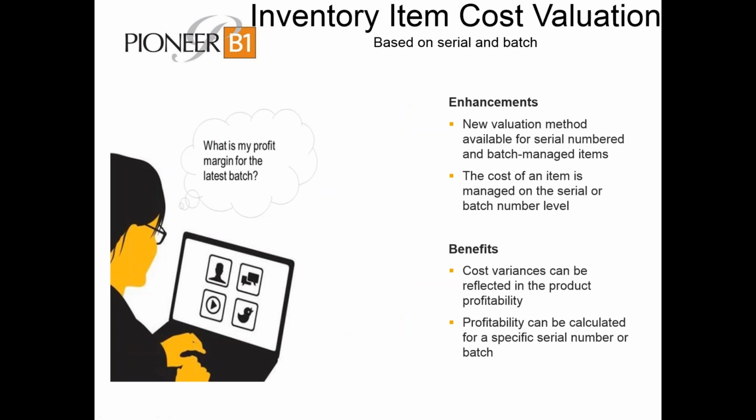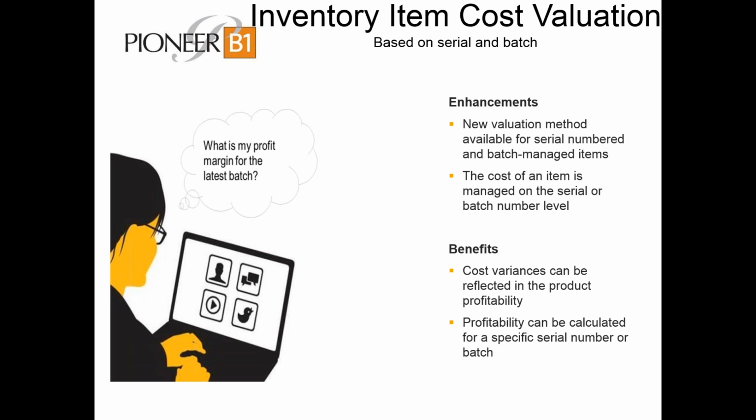And what it lets you do is basically track the item by the batch, because there might be some batch that you buy at one price, and another batch you buy at another price, or maybe also for serial numbers. The ability to track it by batch or by serial numbers lets you calculate better gross profit when you sell it, because the system will look at the item cost and the cost of goods sold based on the batch